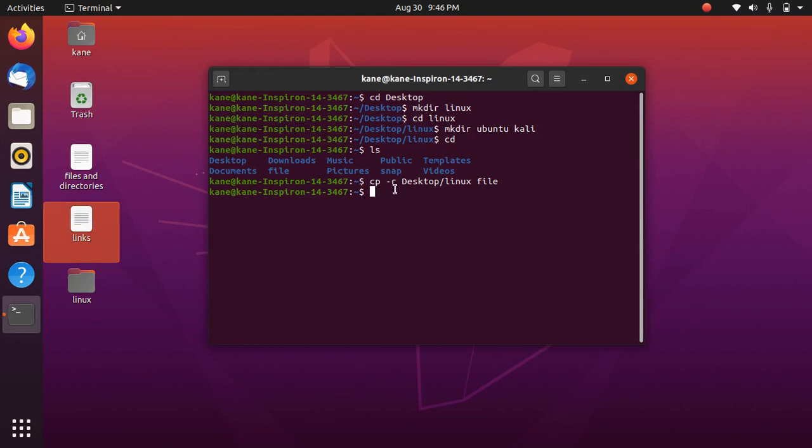Again there is no need to use option R here. Just mention desktop slash links, and then mention the destination. So links will be copied inside file. Again we do not have any error.